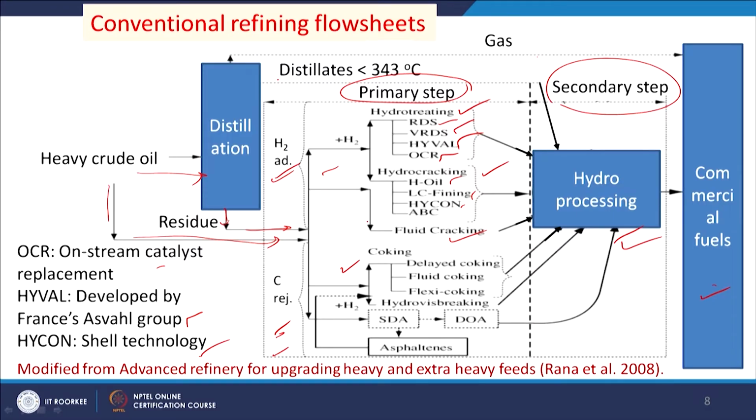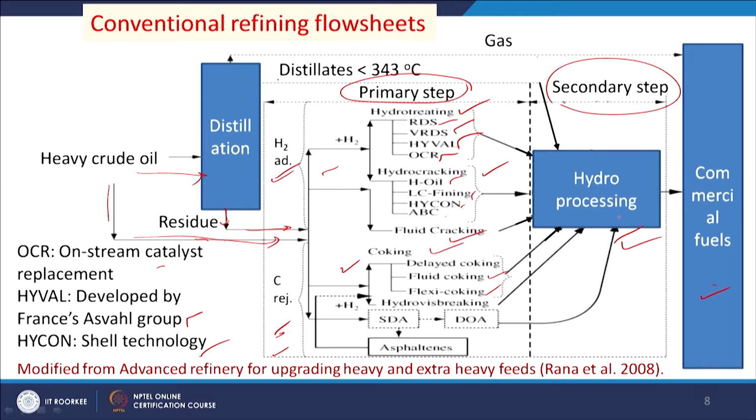So, these are the technology licensors for hydrocracking, and fluid catalytic cracking can also be used for this conversion, and then the carbon rejection, say delayed coking, fluid coking, flexicoking. Already we have discussed delayed coking. So, this coking can also take place for the conversion of this heavy crude to the liquid part, and then to further